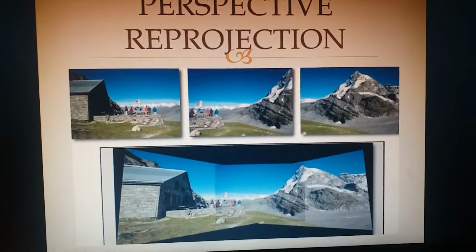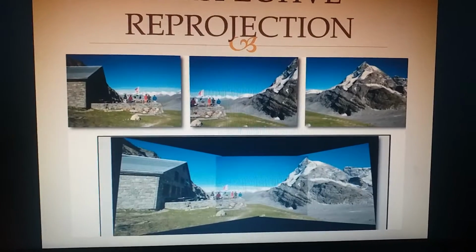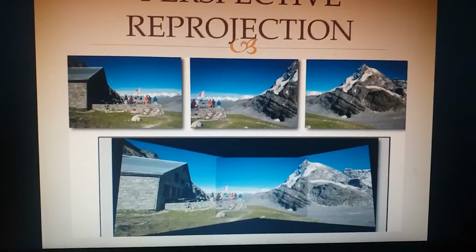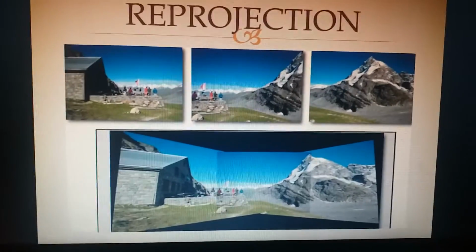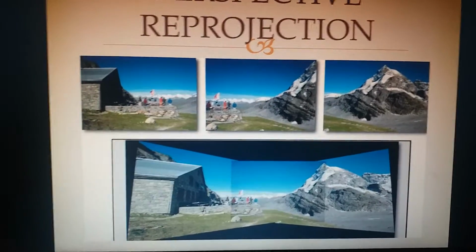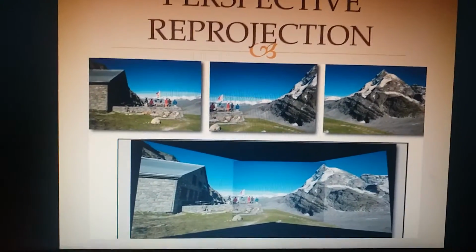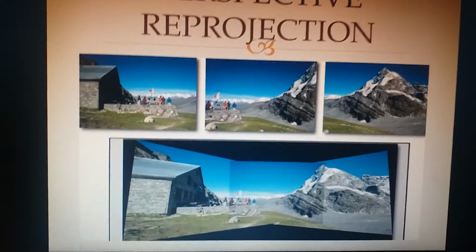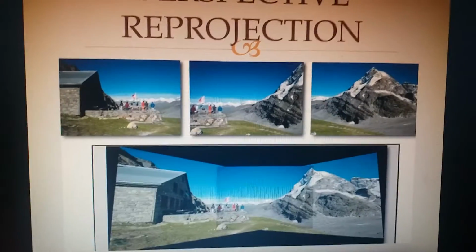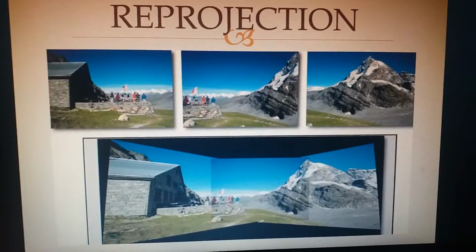So that's why we'll be using perspective reprojection. The main thing about perspective reprojection is that in cylindrical and spherical, we were fixing the camera to a specific point and rotating, tilting the camera. Over here, we'll be taking multiple viewpoints, taking pictures from different points, such that there are a few similar feature points, so that while mapping the images, it becomes easier for us to understand where what is. So you can see there are three pictures over here, and finally using perspective projection we have got the final image.